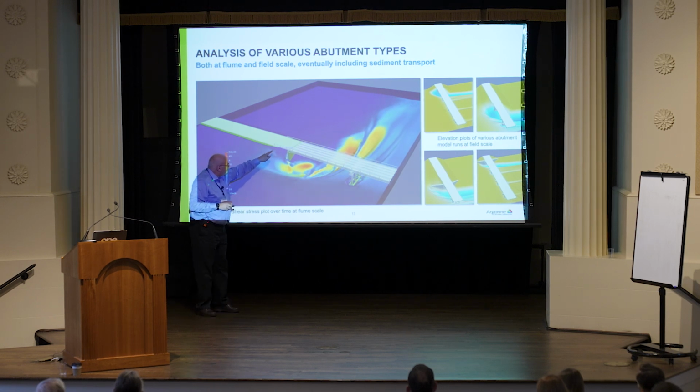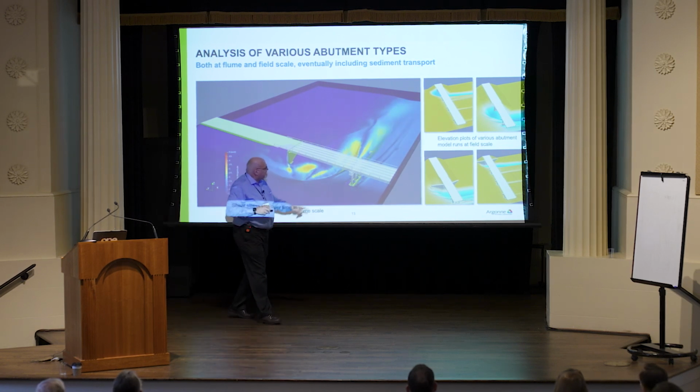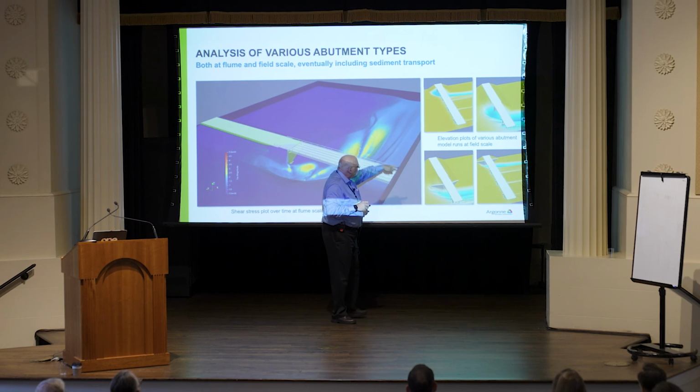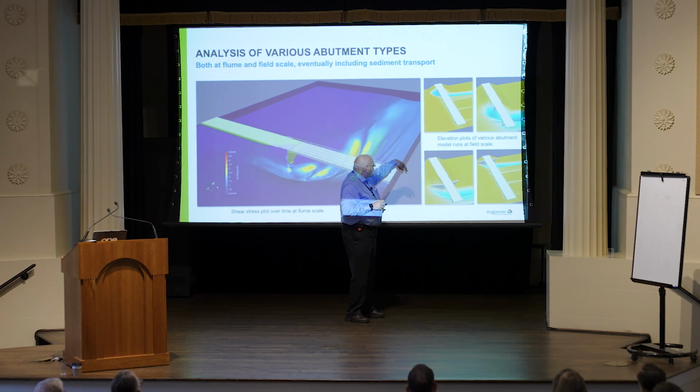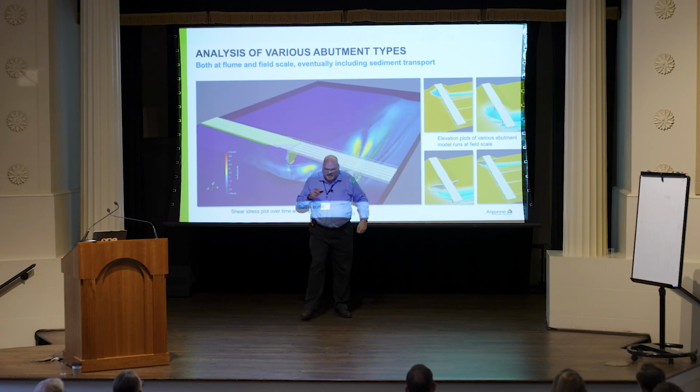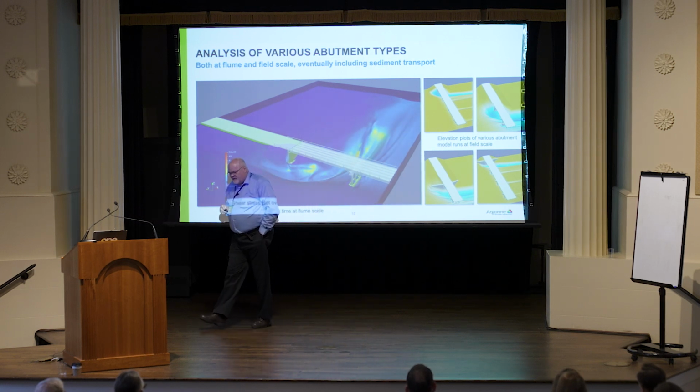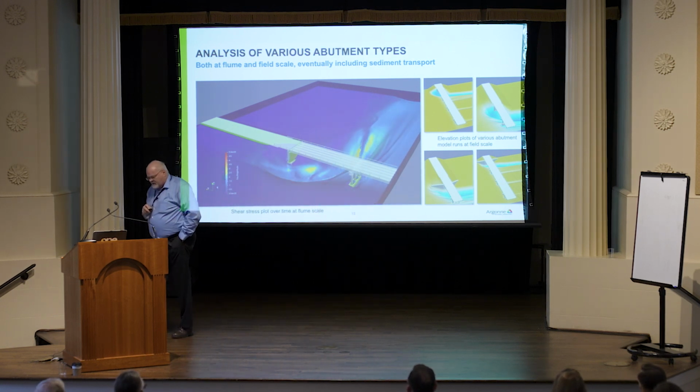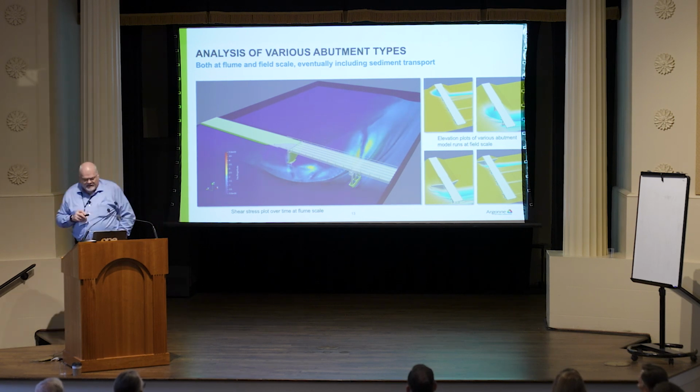You have even the sand. I don't know, the contrast is probably pretty poor, but here you already see how the sand from under the bridge deck in the street starts slipping down into the hole, right? We also run this then with all kinds of variations, and you see it for wing walls and field size and so on, right, with different gaps and things like that. And Cornell is going to set up those kinds of experiments in the flume pretty soon, because now he has the right size flume in place.